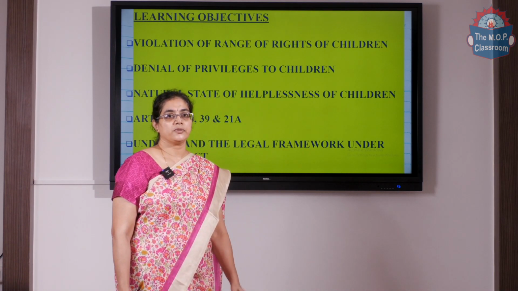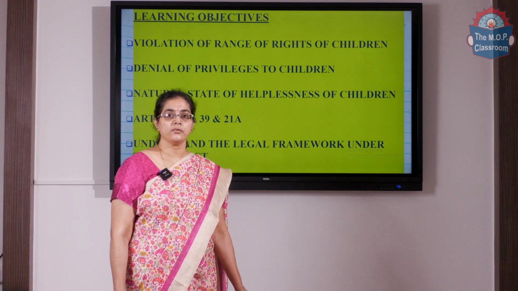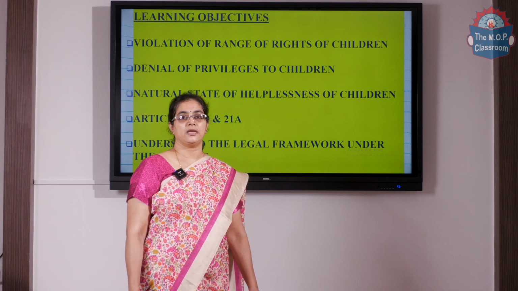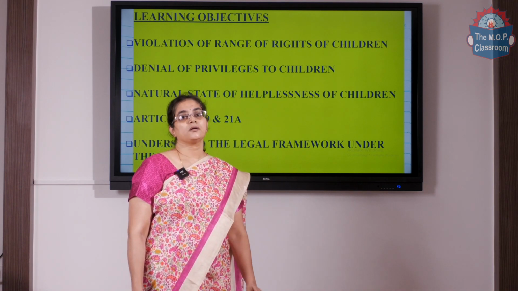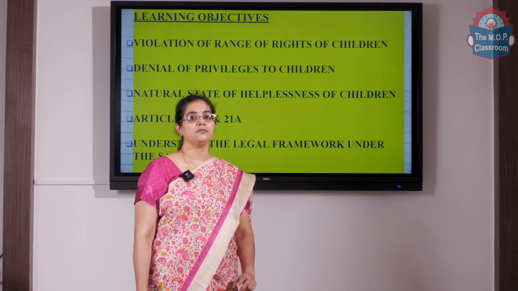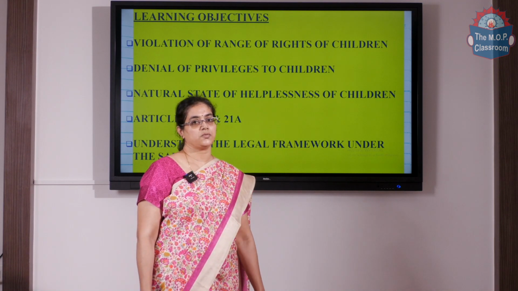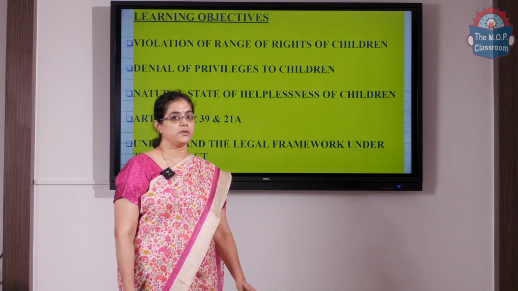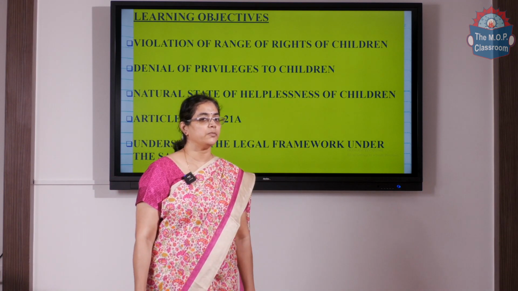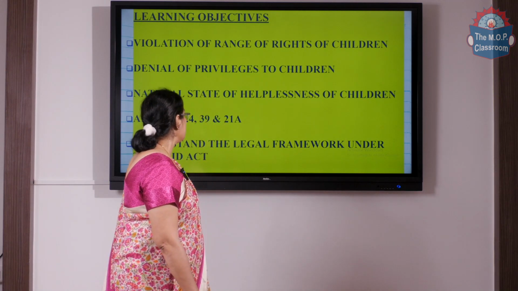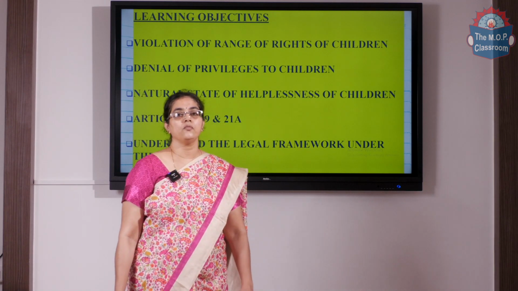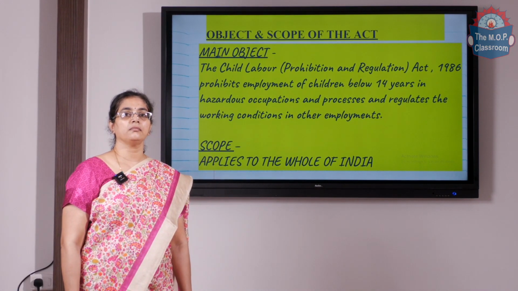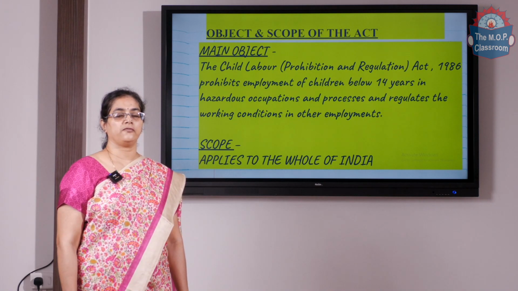So to bring that into perspective, we will try to study the main provisions of the Child Labour Prohibition and Regulation Act of 1986. In India, the constitution of the country has given three main articles, Articles 21A, Article 24 and Article 39, Clause E and F, which we will be looking at a little bit as we proceed into the sessions. And in order to understand the legal framework of the entire Act, let us start off by looking at the objects of the Act and the scope of the Act.